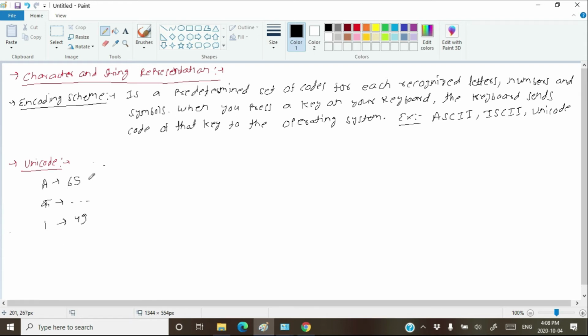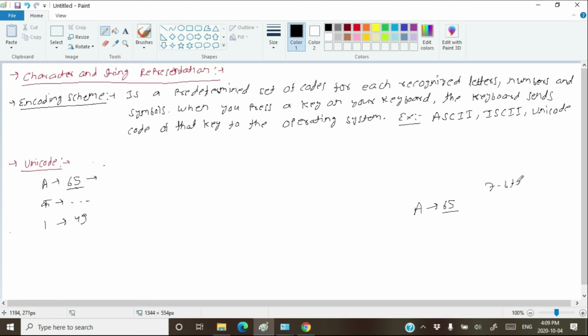But the idea here is that it does not map this number to the memory. That means the Unicode itself does not decide in how many bits the binary of A will be stored and how the binary of A will be stored in the memory. That is not decided by the Unicode. Initially, we had the character A. The number, the ASCII mapping to the character A was 65, and we knew that the ASCII is 7-bit.